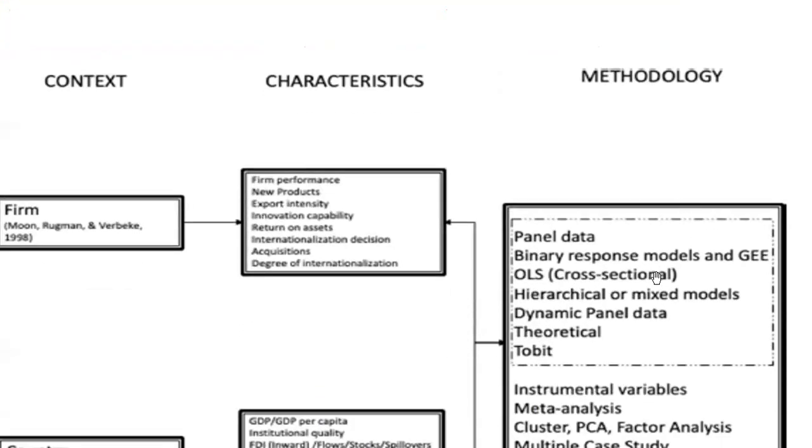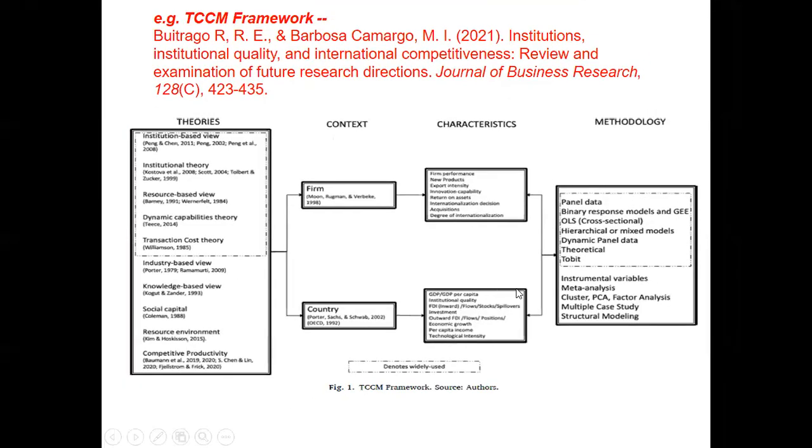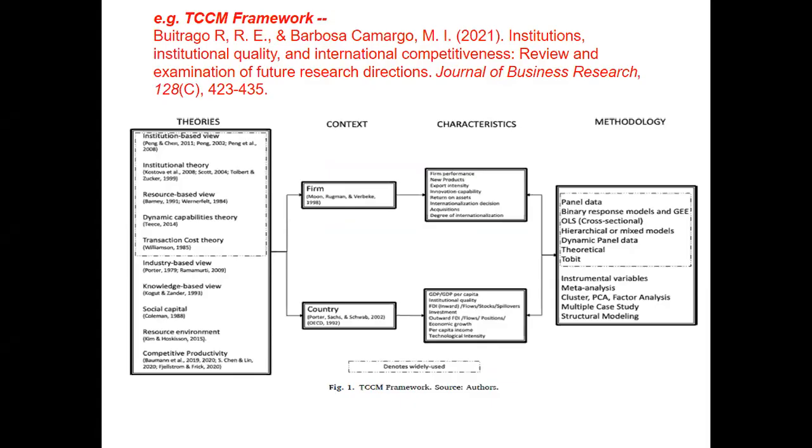What methodology are they using? Is it panel data, binary response models? And of course, you'll give some statistics for how many articles are doing which, have found which, or are using which variable, etc. So that is a framework of TCCM, okay? So those are a few examples, but the other ones, of course, the